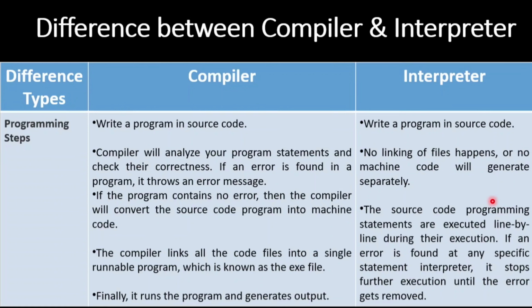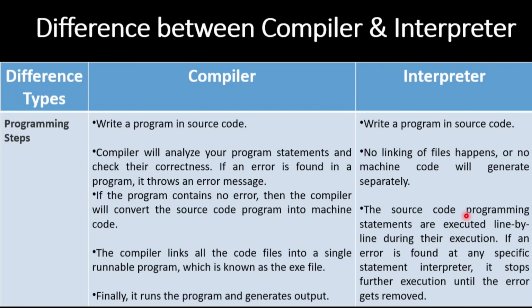So whatever code was correct, for example, you have written 5 to 6 lines, and 2 lines are correct, you are going to get the output of those 2 lines. And in compiler, that was not happening. The entire source code is checked, and then finally it is going to show you output if there is no error. But in interpreter, the intermediate lines, if they are correct, it is going to show you output.